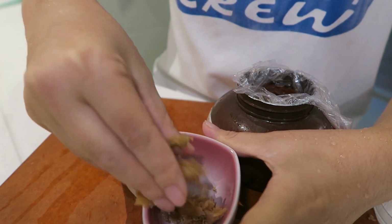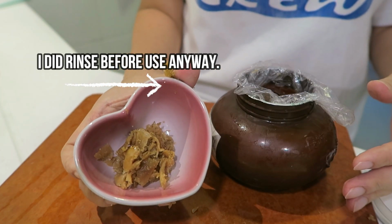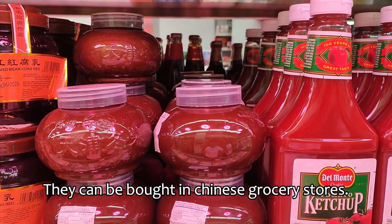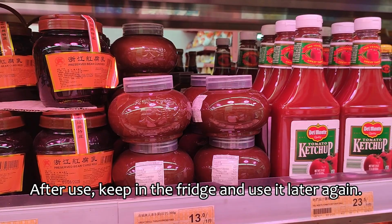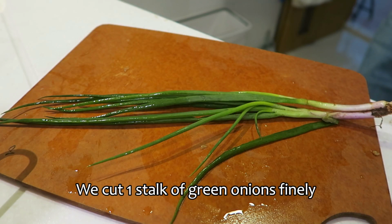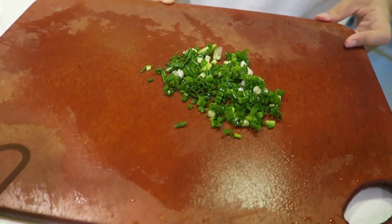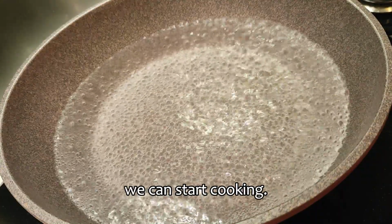If you prefer less salty, rinse with water before use. 一汁冬菜就可以提升鮮味。唔想太鹹嘅話，可以用水沖佢先至有。 They can be bought in Chinese grocery stores. After use, keep in the fridge and use it later again. 加葱可以令到個餸香啲。 We cut 1 stalk of green onions finely. 洗乾淨之後，將條葱切成葱花。